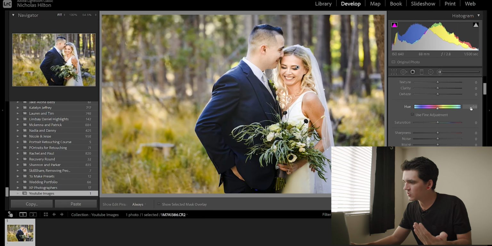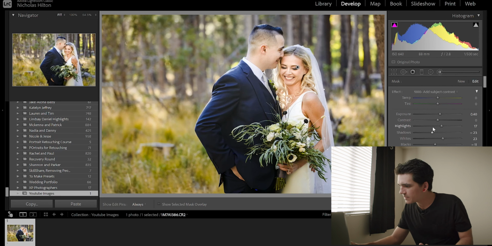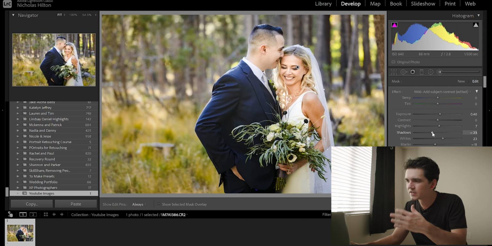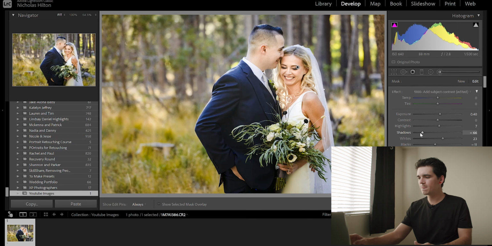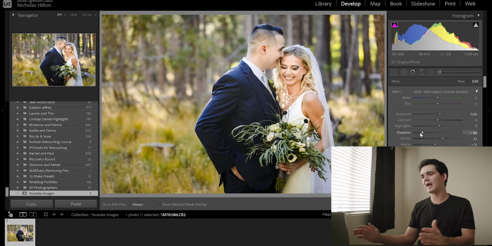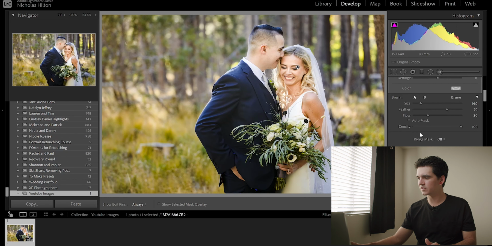And again, if it's a little bit too much for you, we can lower those highlights just barely, and then say we wanted to darken some of those darks a little bit more, we could lower our shadows, lower those shadows, and then just like that, I am very happy with how that looks. Once again, let's look at it without